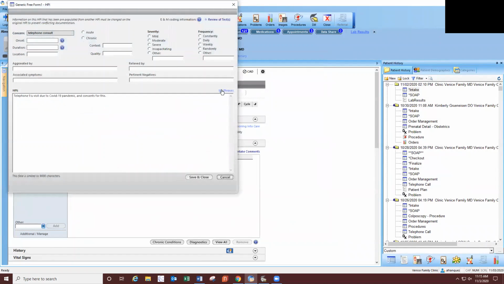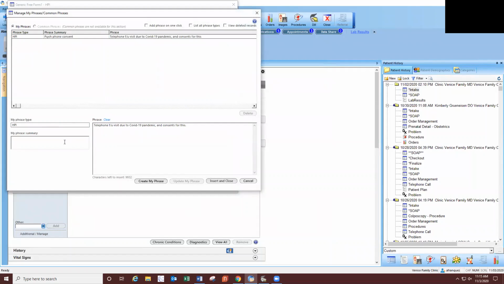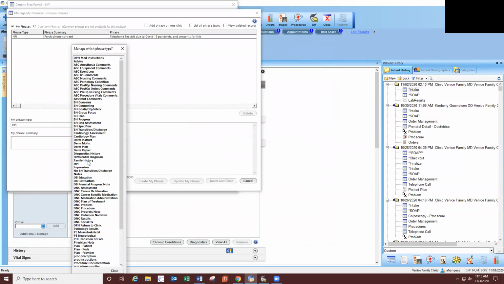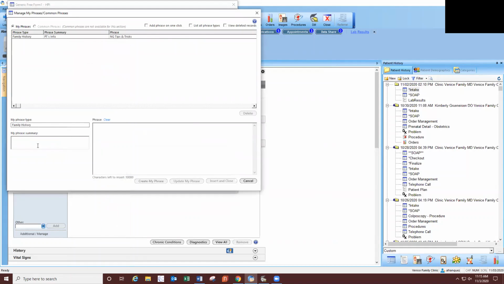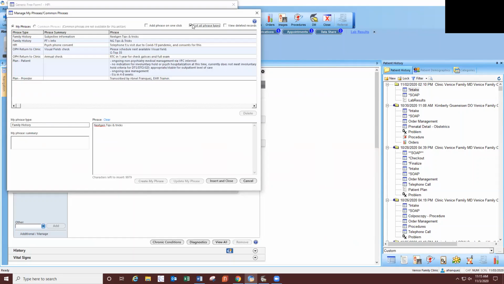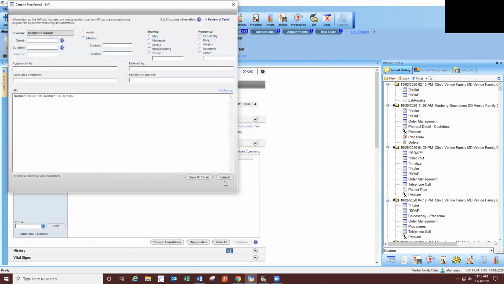You can also create a new My Phrase. So again, say for instance, you want to make sure you clear this field, and then you go here, and then you could give it a quick nickname. Then create My Phrase. It will show up here, and if you click it as well, it's going to be in the all list. So once you're ready, it's there, and then insert, and it will